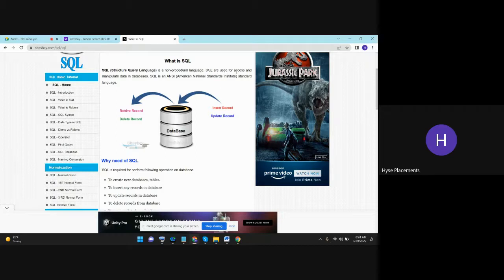SQL is used to access and manipulate data. Manipulate is nothing but create, alter,